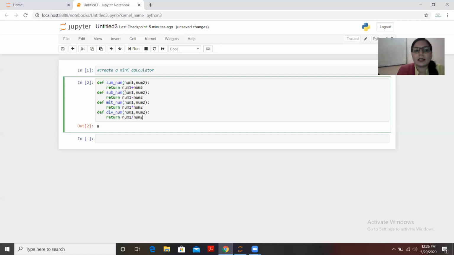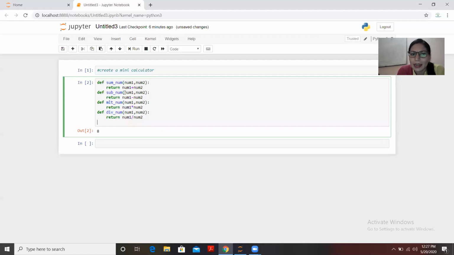for creating this calculator. Now let me tell you one thing while you are creating a function. Basically, how will all these functions behave, and at what time do you want to add these two variables? So you have to call the function sum_num. If you are subtracting these two variables, then you have to call the subtract function. So it totally depends on the user how they want to perform an operation on two numbers.